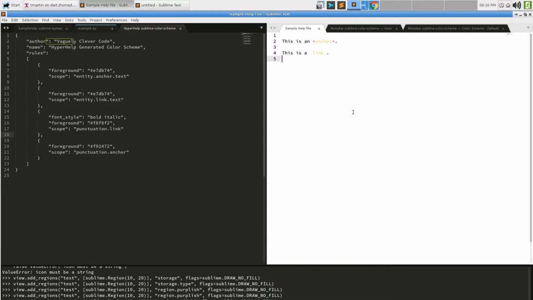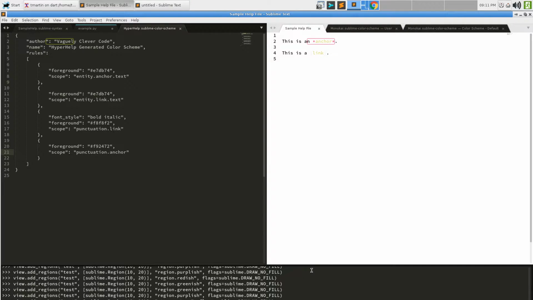But here's something weird that I noticed the other day. And again, note, these are the only 4 colors that are in here. If I do it this way, I get sort of, but not quite a greenish region. And if I did purplish, that's a purpley type color. And if I did bluish, well, if I did storage.type, it ends up being black because it doesn't know what that is. But I can say region.bluish. And yeah, those are not really colors that are necessarily in here, but it's just sort of extrapolating them.